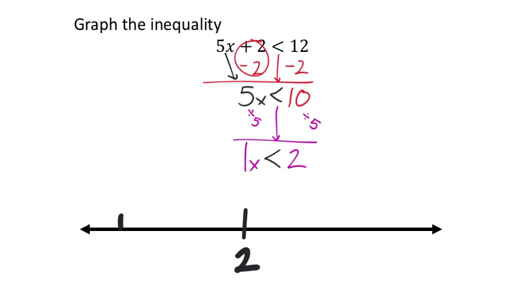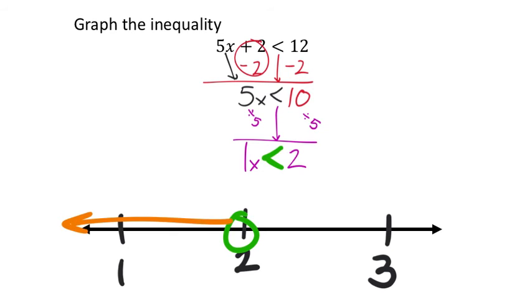So I got 2. To the left, I'll have 1, and to the right is 3. But at 2, I would have an open circle because of the less than symbol. It's not equal to 2, just less than. So again, this means that 2 would make not just this inequality false, but this one. Of course, 2 in this inequality would make it equal, but equality is not part of the true statement there. Then I see that this is not eating the x, which means that the line would have to go